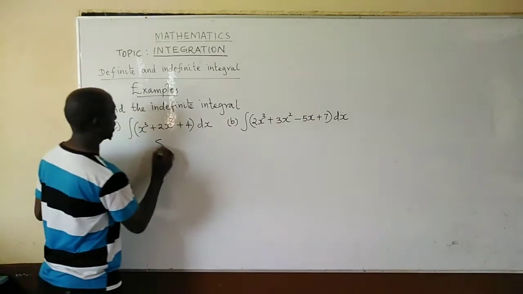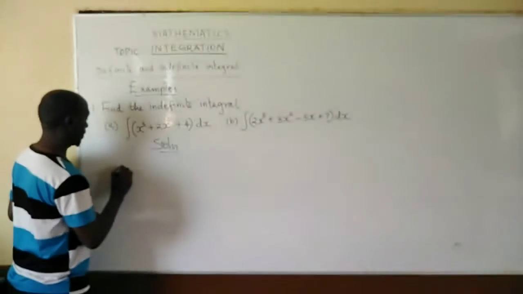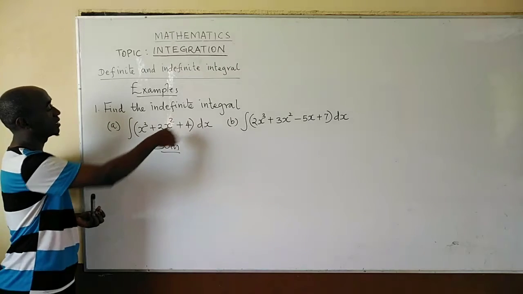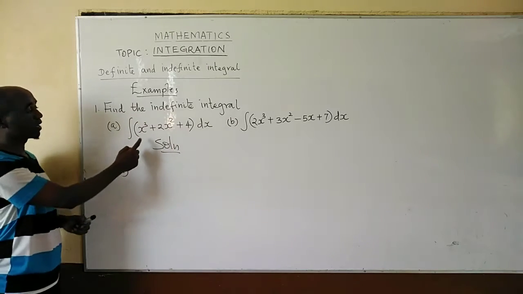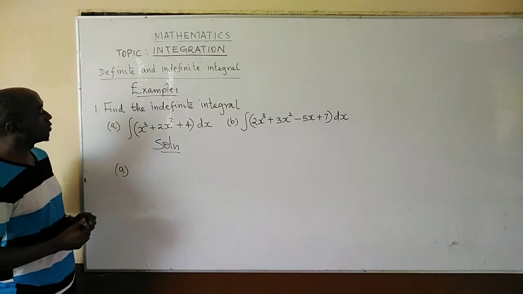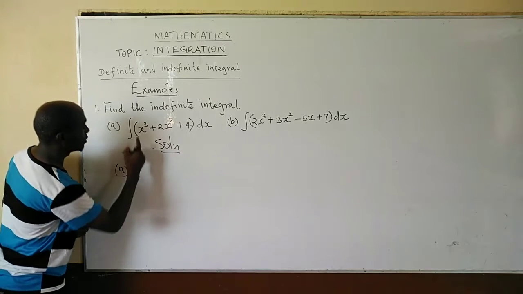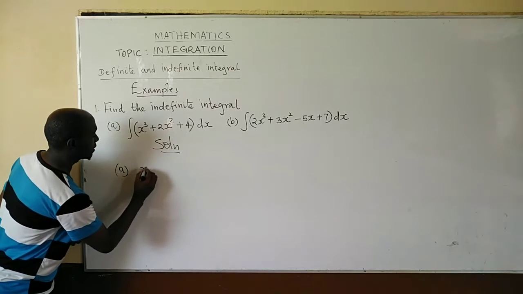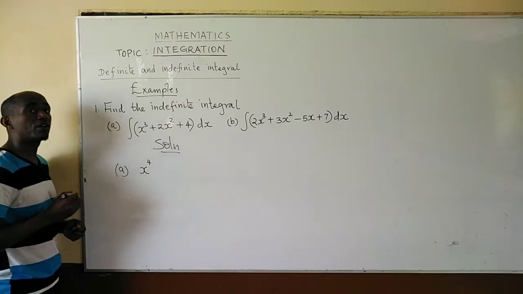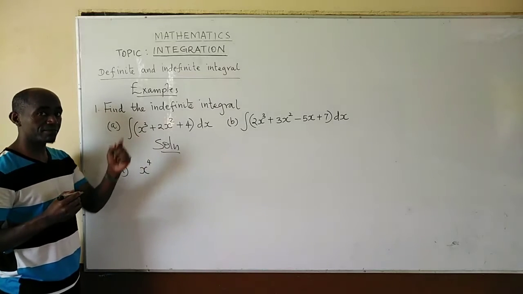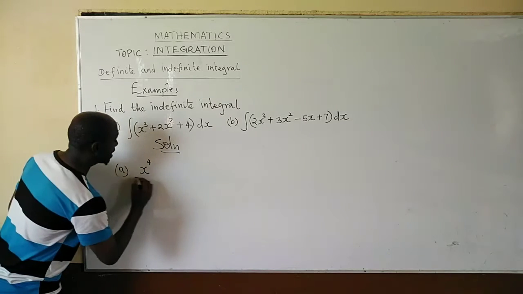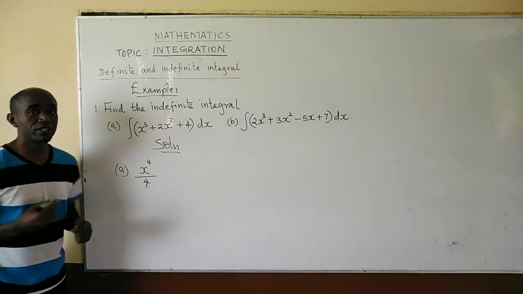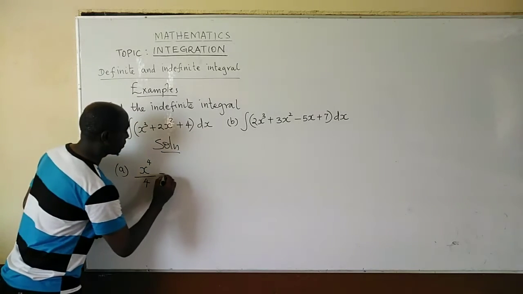So let us look at the first one here. Let us find the indefinite integral. We just integrate what is in brackets with respect to x. So if you integrate x cubed, my dear learner, what do we get? You will get x raised to power 4. Remember, for integration, the power increases by 1. Then divide by that power, which is 4. That is what you get when you integrate x cubed, plus, do the same here,